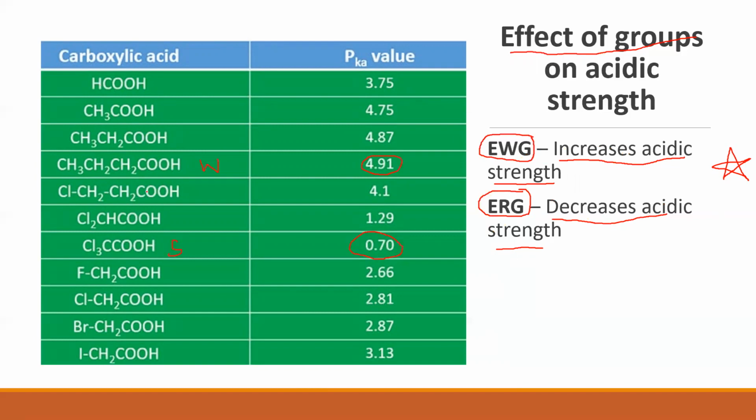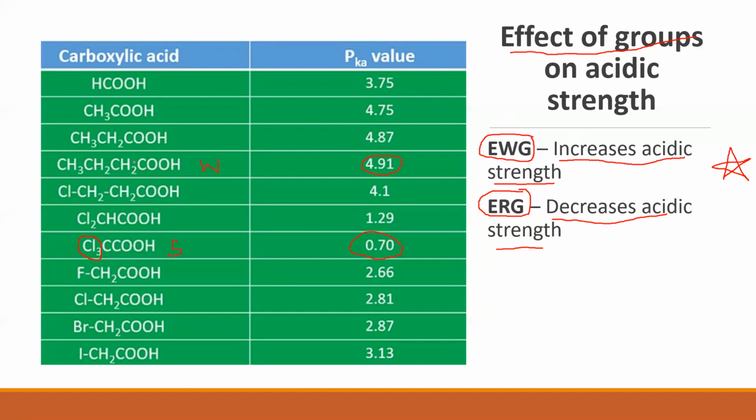Now, why is trichloroacetic acid strong? Because I have 3 electron withdrawing groups that are attached to the carboxylic acid group. 3 electron withdrawing groups, so naturally it will increase the acidic strength. And what about